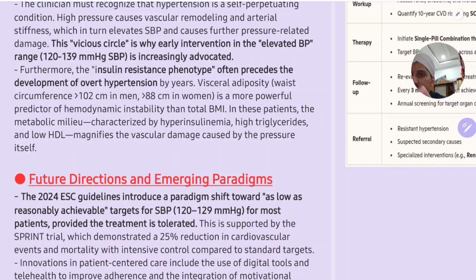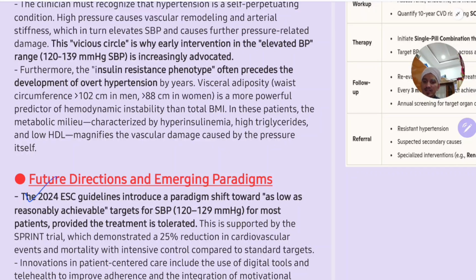The 2024 ESC guidelines, European Society guidelines, introduce a paradigm shift toward as low as reasonably achievable targets for SBP, 122 to 130 for most patients, provided the treatment is tolerated. This is supported by the SPRINT trial, which demonstrated a 25% reduction in cardiovascular events and mortality with intensive control